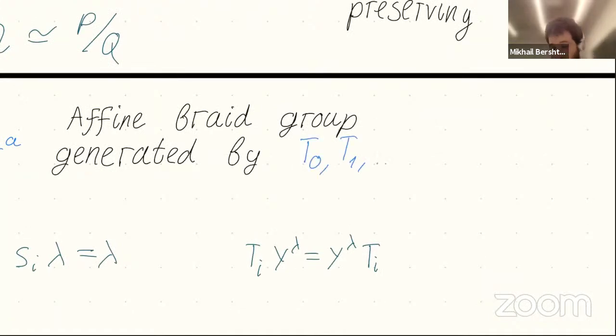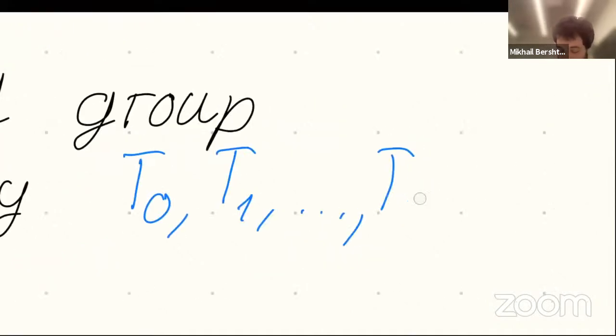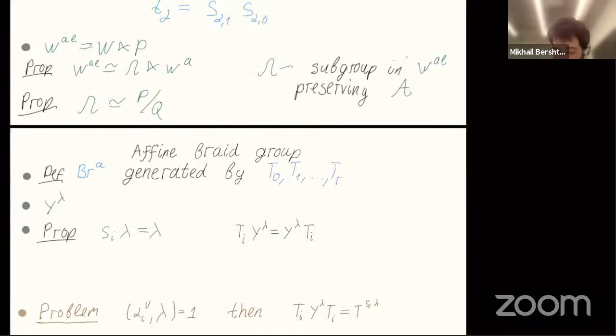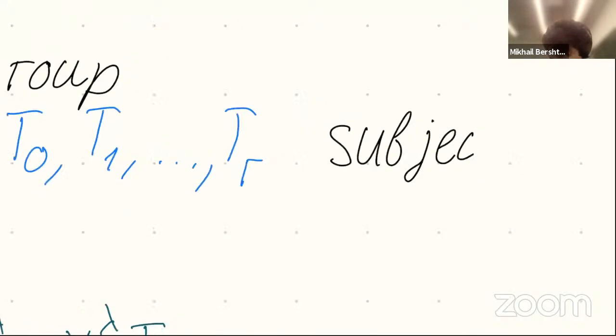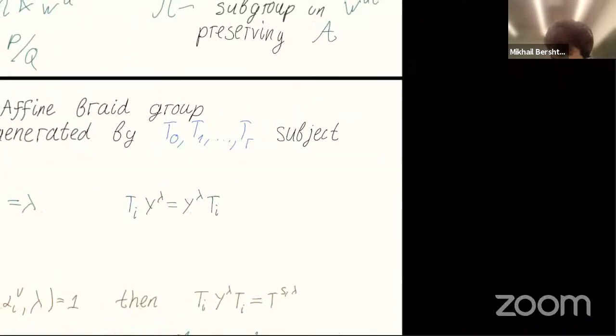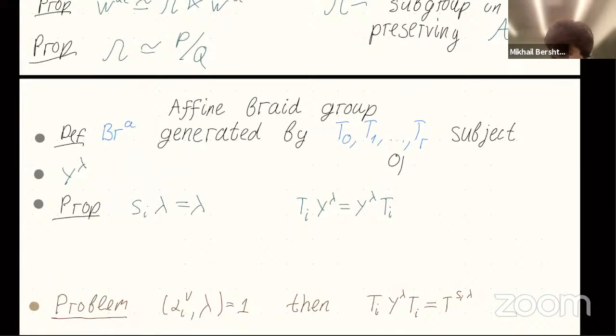And we have the same relations as in the affine Weyl group, except we no more have the involution relations. Each t_i squared is equal to 1 no longer holds. Now they are subject to